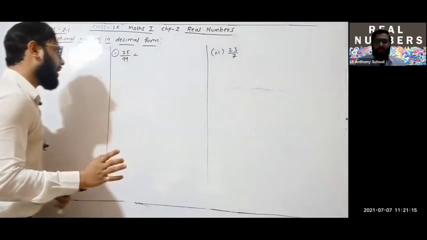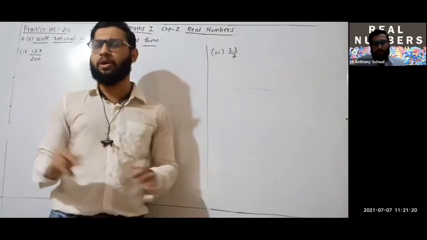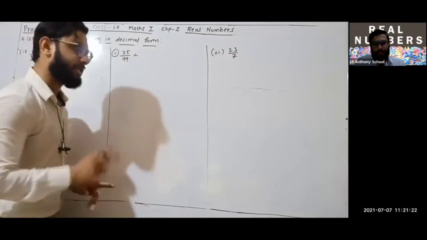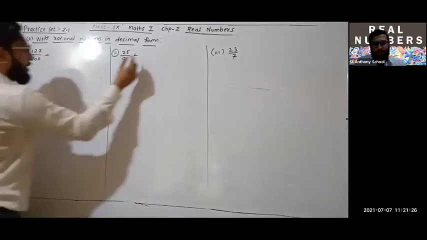Just we have to write the answers. We do not have to show whether it is terminating or not. Just solve for the answers. Do it as previously done. No changes. Okay? So see here, we have to find the answer of this. You have to find the answers of all three.